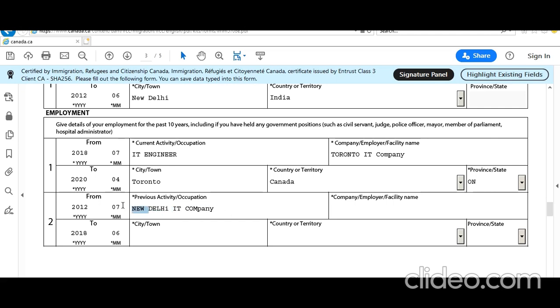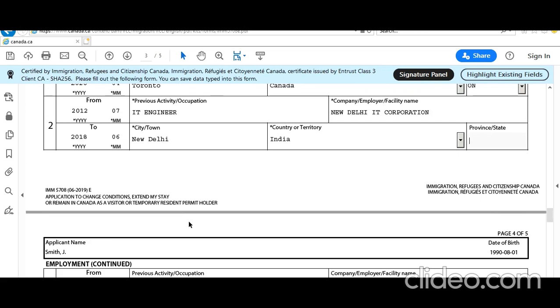Oh, previous activity, so I apologize, it should be again his job role. So he was IT engineer and he was in New Delhi IT Corporation, simply New Delhi, country India. Okay.